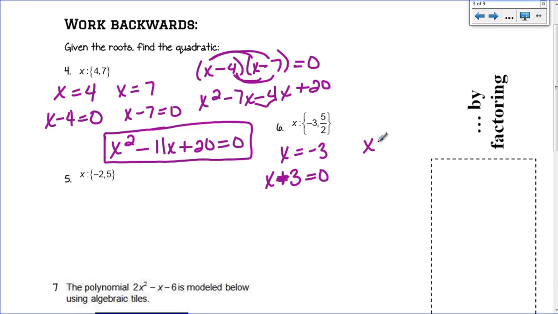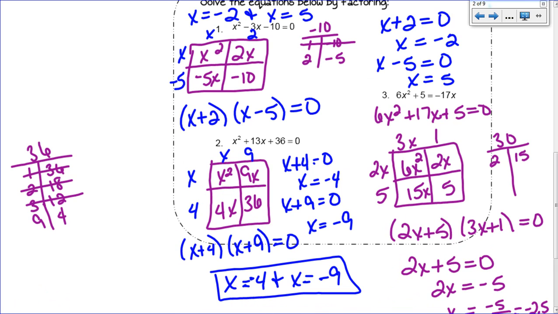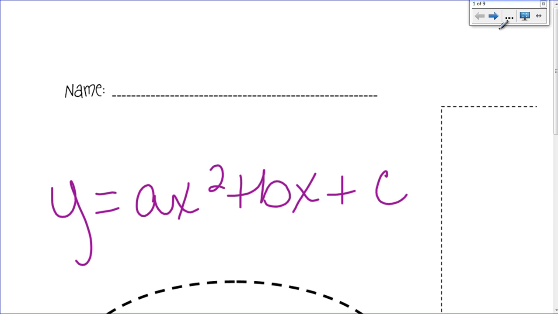Now the next one, I have x equals 5 halves. And I cannot just subtract 5 halves from both sides and say it equals 0. Because the only way for me to get this fraction is if it was a problem like this one on number 3. The reason I ended up with a fraction is because I had a number in front of the x and then something added or subtracted, so it was a 2-step equation. I took 2 steps to make that fraction, so we're going to have to take 2 steps to undo that